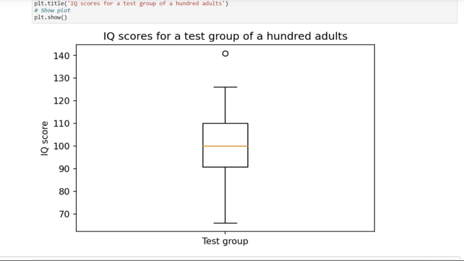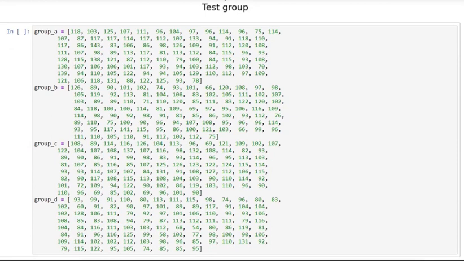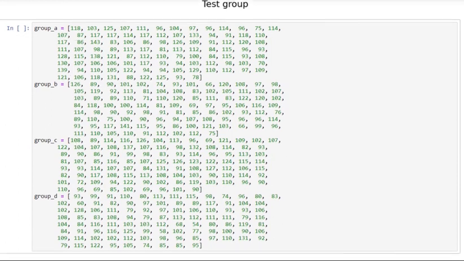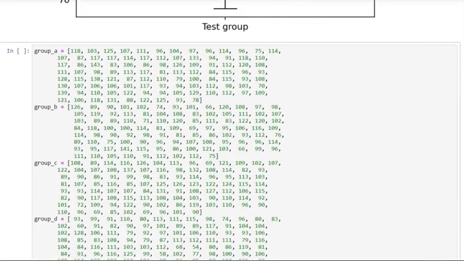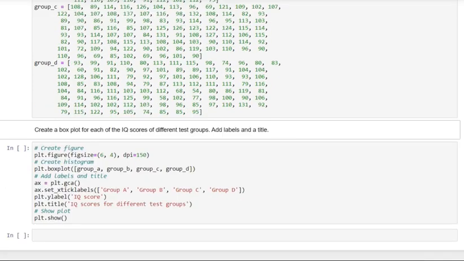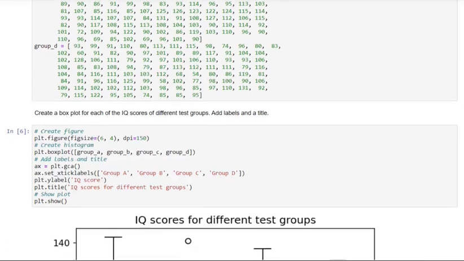In addition to this, dear friends, we can also make use of different test groups, and then use that data as group A, group B, group C, and group D. Let me create that. First I execute this to define groups A, B, C, D. Now let me create a box plot of the IQ scores for the different test groups. Let me execute it, and here we get a comparison of four box plots